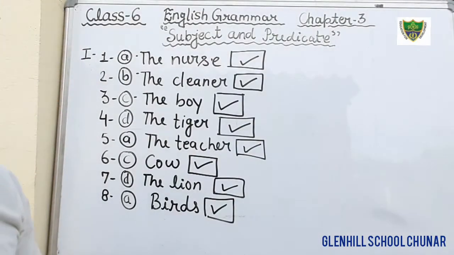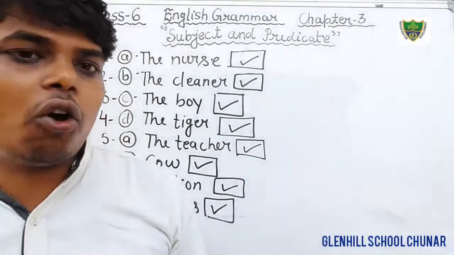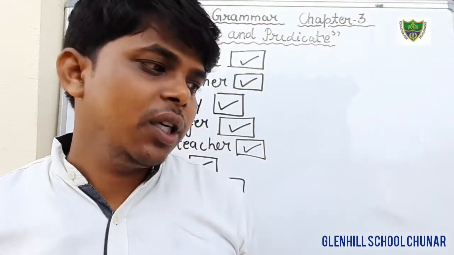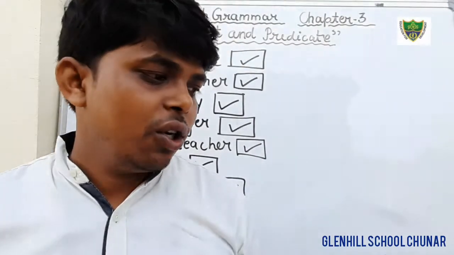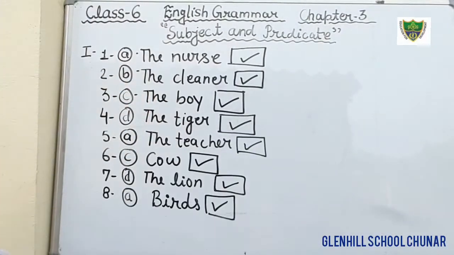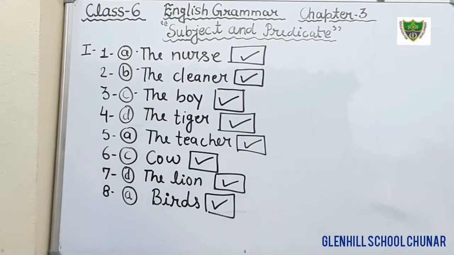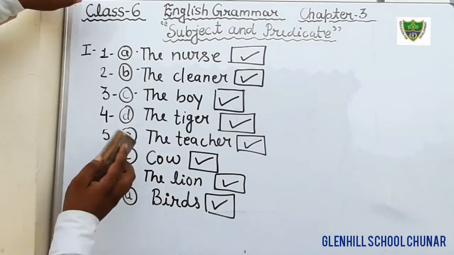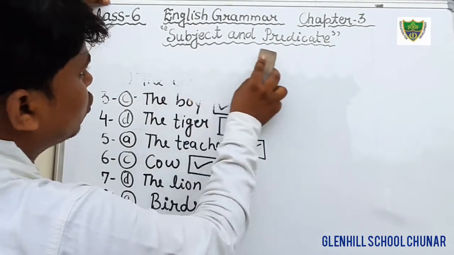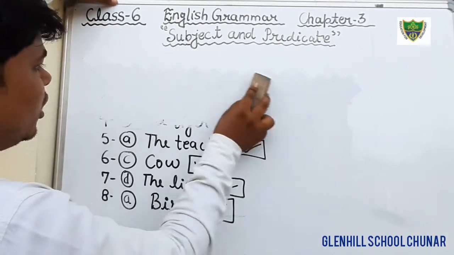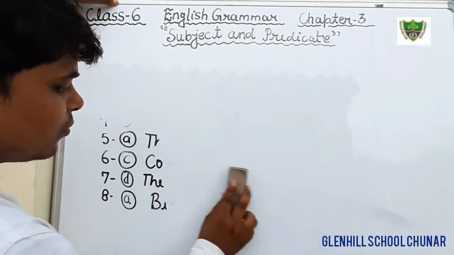Okay students, so in this way I have completed optional question exercise first. Now we will do optional question exercise second. First complete it, then afterwards we will do the next. Okay students, just see, I am going to erase it. I hope that you all have understood. You can also do it on your own. That is very simple.